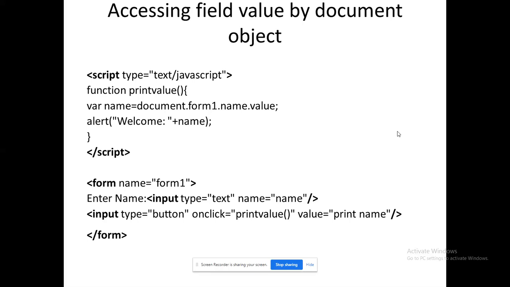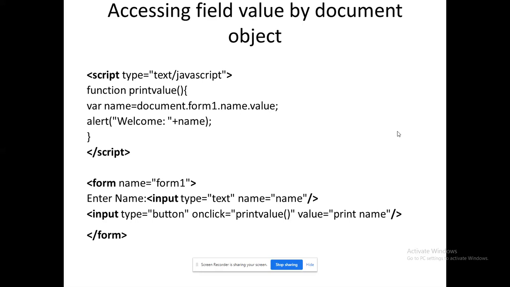In the print value method, we are ready to refer the string we are going to type inside the text area, which will be stored in the variable name. So what will happen when I click that print value button? It will display a message box, an alert box, which consists of welcome along with the name I have typed in the text box. For example, I have typed RIT, it means welcome RIT. That will be displayed in the alert message box.